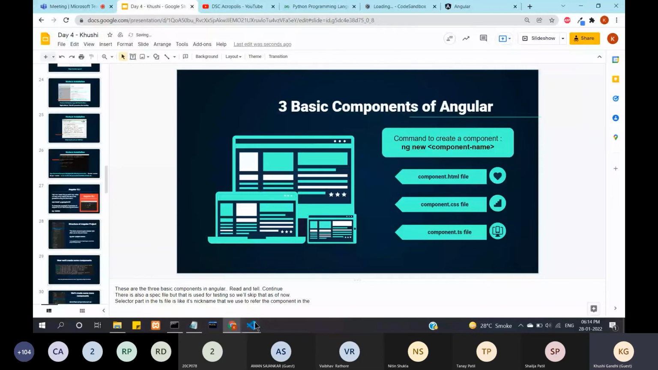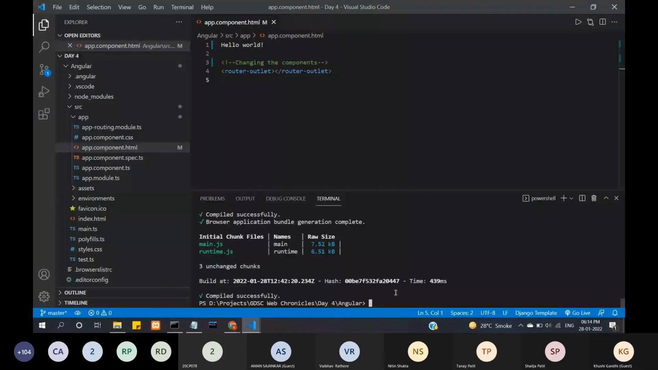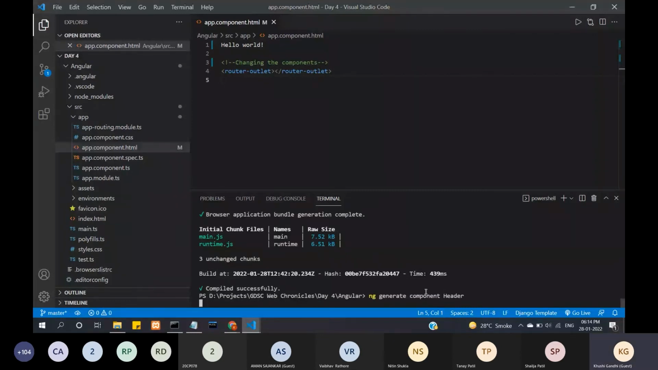So I will create a new component. The command is not this. For a component, we have to write generate component and the name of the component. That is, I will create a header in which I will, for example, want to add a nav